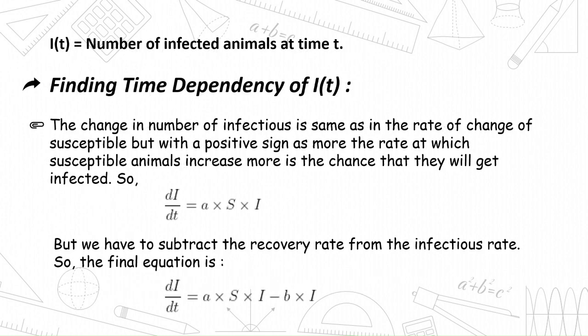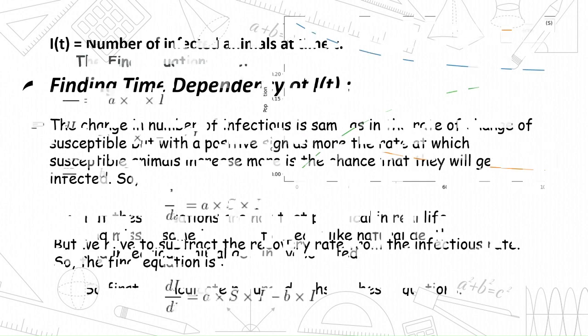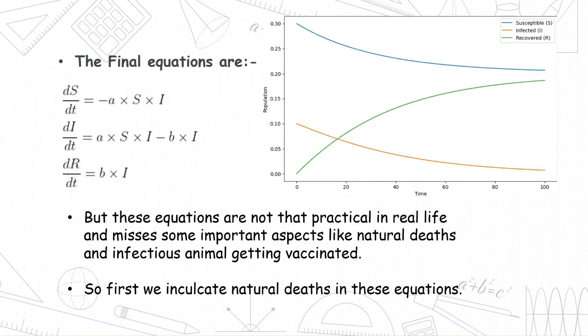Now, let's find the time dependency of I(t). Basically, I depends on two factors, S and I. To remove the proportionality, we add a constant. But at last we have to subtract the recovery rate from the infection rate. And we get the final equation as shown, and now we can observe the graph. So basically this graph shows us that these